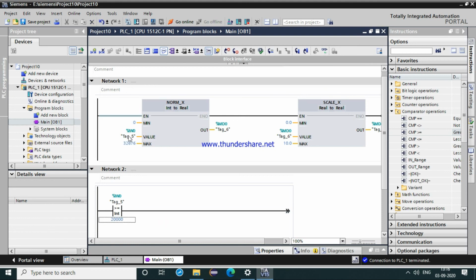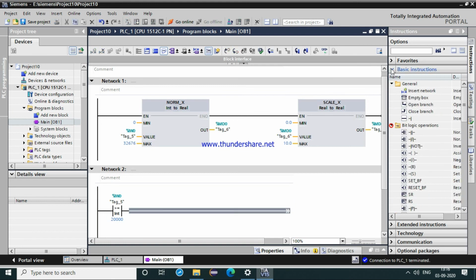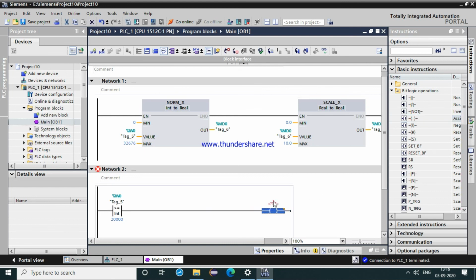If I vary IW using a potentiometer or a meter, and we vary the analog value, when it reaches 20,000 it will give one output. We saw the comparator for digital, and we can also use it for analog.